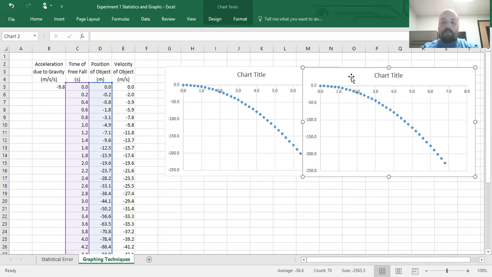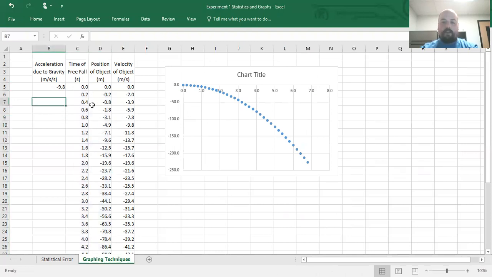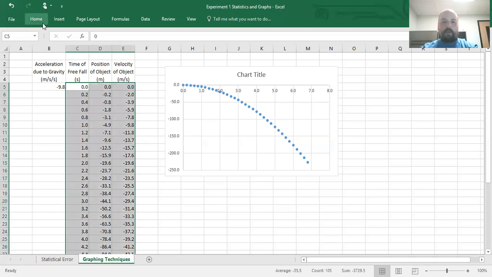The reason why I gave the other way to do that is because if your columns are separated, like in the instance of velocity as a function of time, we can't quite do this because otherwise something funny will happen when we go and insert